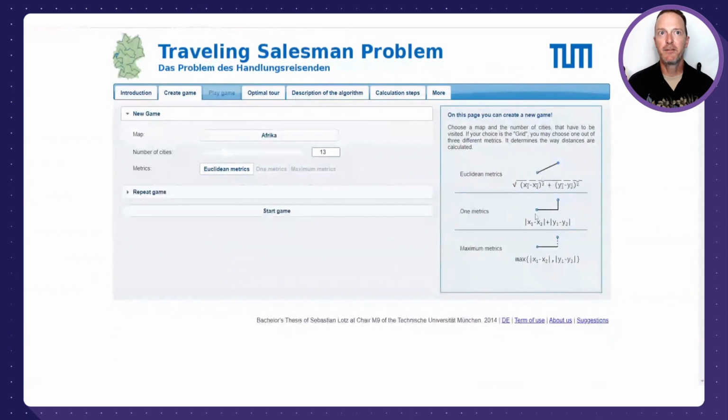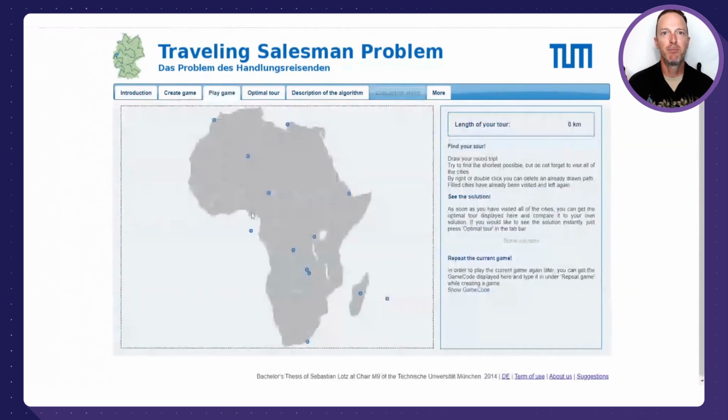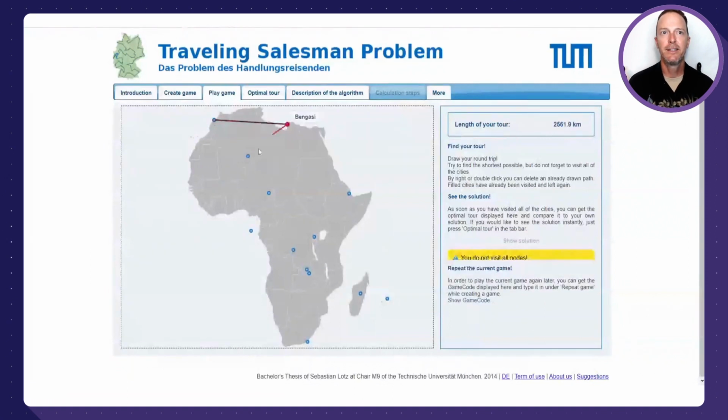You can go change the number of cities. This will be the student workbook, how you want to change between them. I'm going to start here with 13. And you can also look at how it explores the different distances between Euclidean, which is like the Pythagorean theorem, or different metrics between how it calculates the distance. Let's start the game.